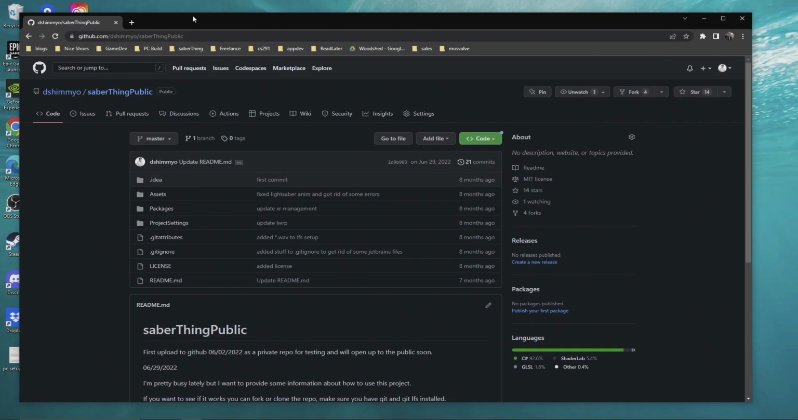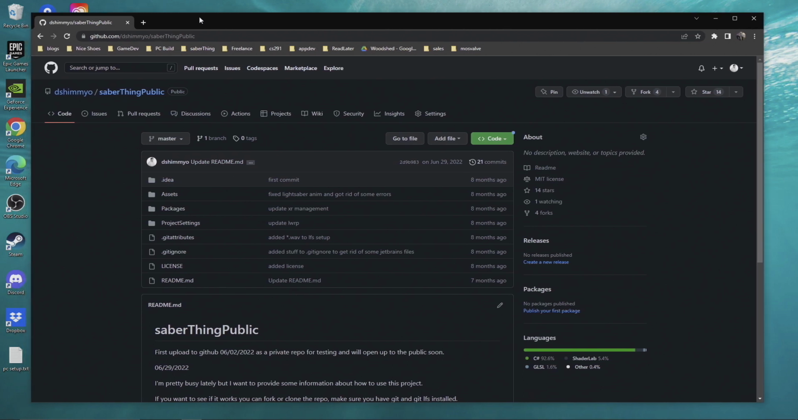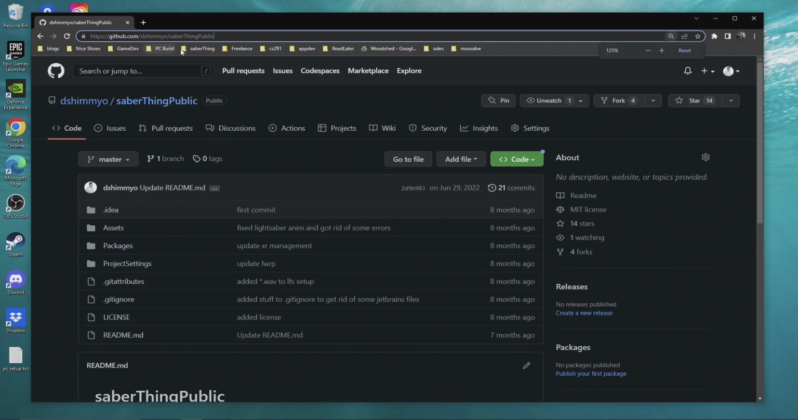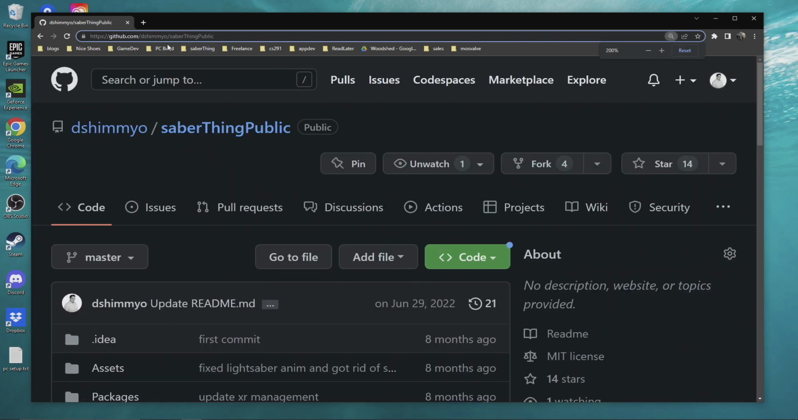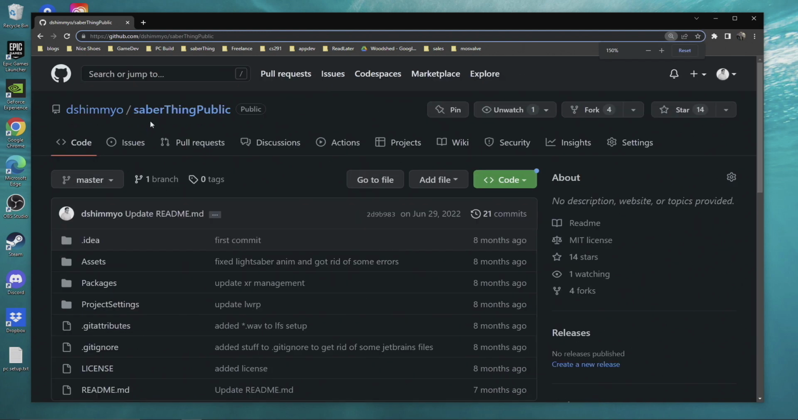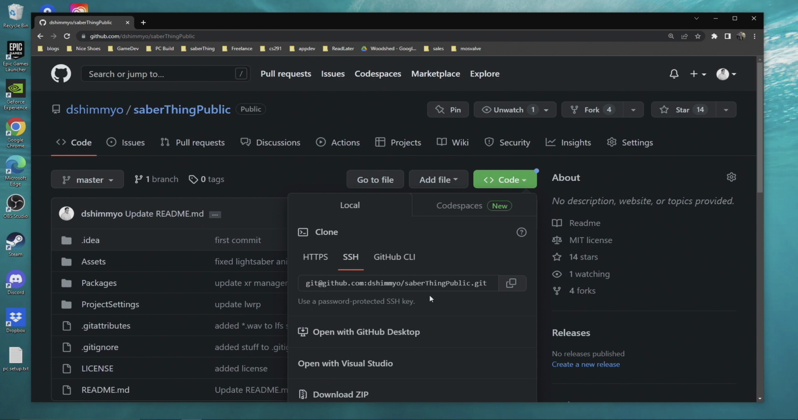So you want to go to the GitHub repo, which is github.com dshimyo saberThingPublic. Hopefully you can read that on this screen capture. But the gist of it is, if you go to this web page and you grab the code,